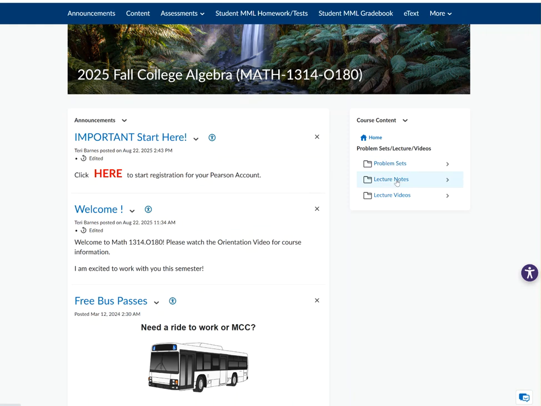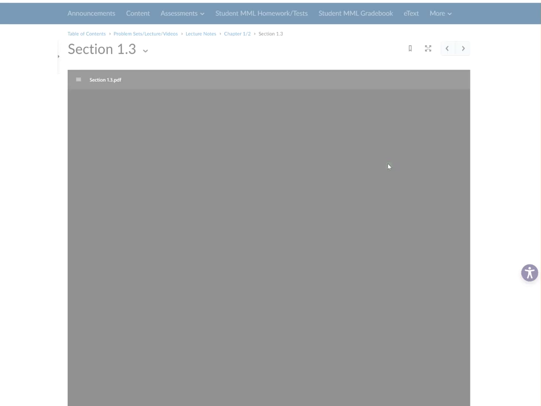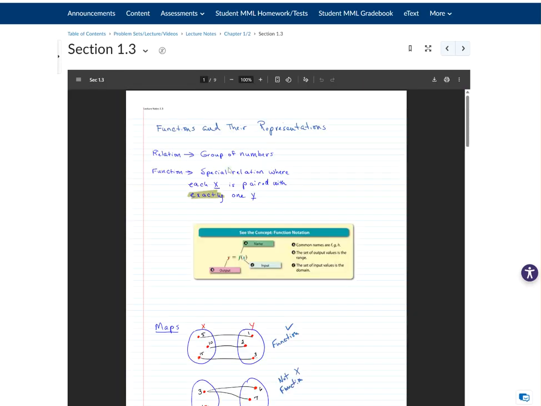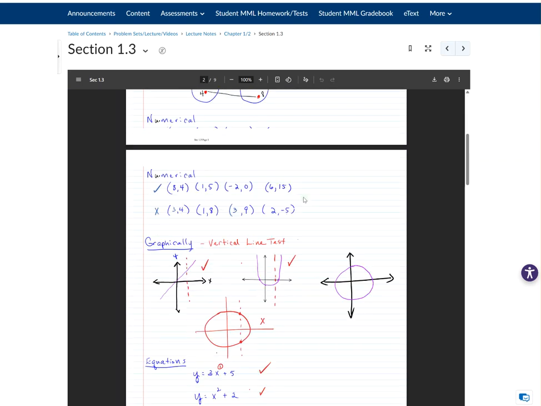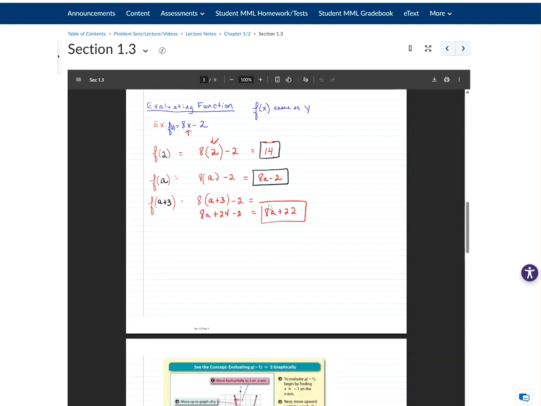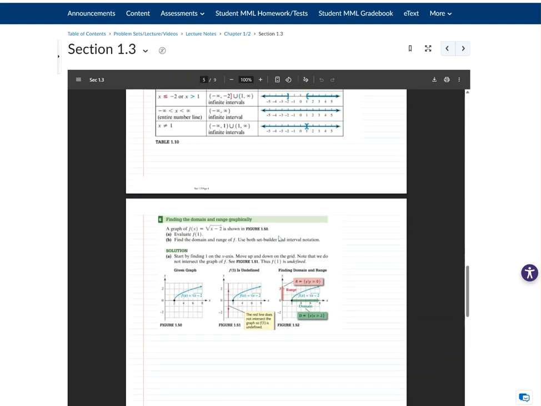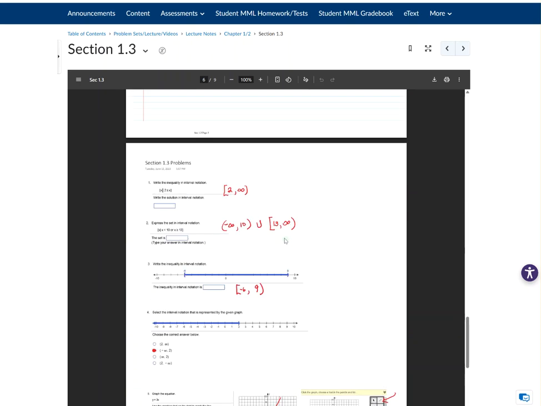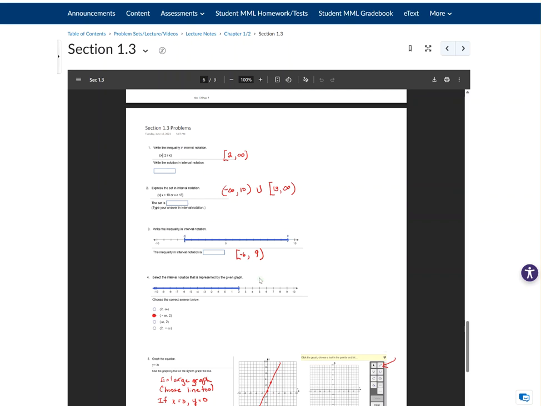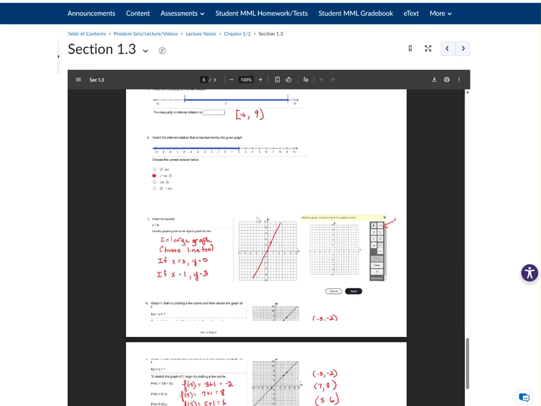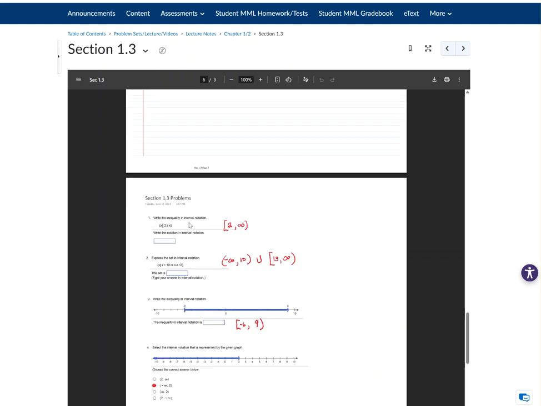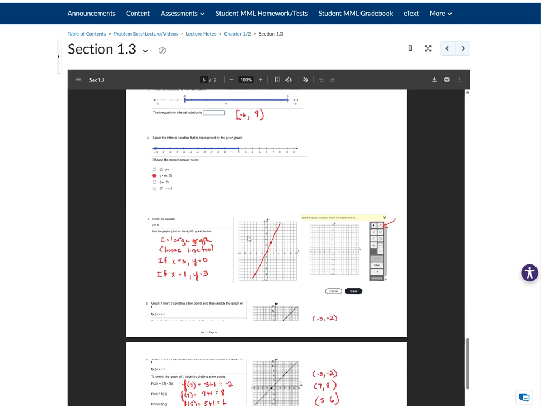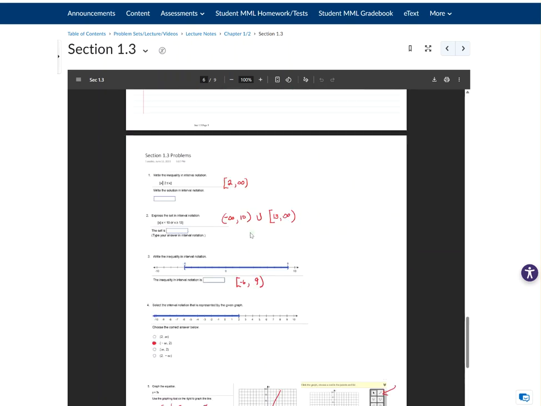Okay, so you've got that 1.3. We go to lecture notes, chapter 1 and 2. Let's go to the lecture notes for that. If you were in a face-to-face class, these are things that would be going up on the screen, and we would talk about them, and we would get all these examples there and some information, and then we would get down to those problems, and you would have this problem set on your desk with you instead of a book. And so we would go through these and work these together in class. Now, these are already worked. They have the answers, and you could look at this and figure out, oh, I see what she did, but maybe not. And so there's one more piece to the references.